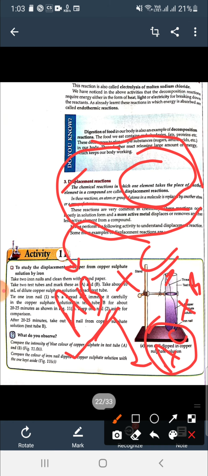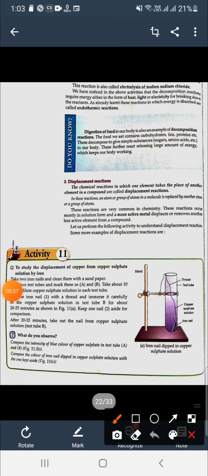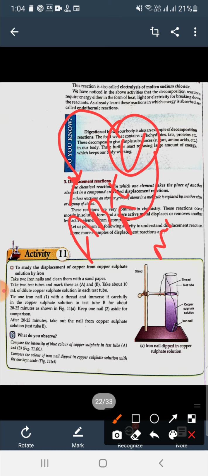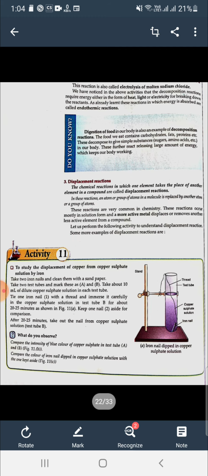So why is this displacement taking place? We can say that this displacement happens only because C is more reactive than B. If C is less reactive than B, then the reaction cannot occur. So if an element is displacing another element in a compound, it has to be more reactive than the previous one. Here is an example.